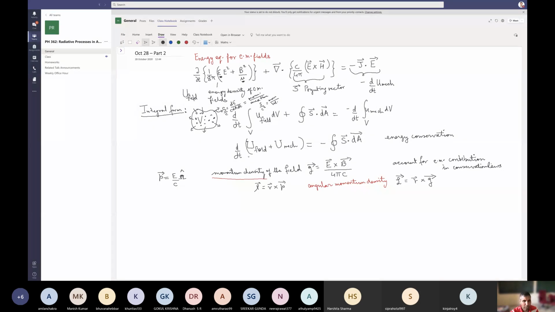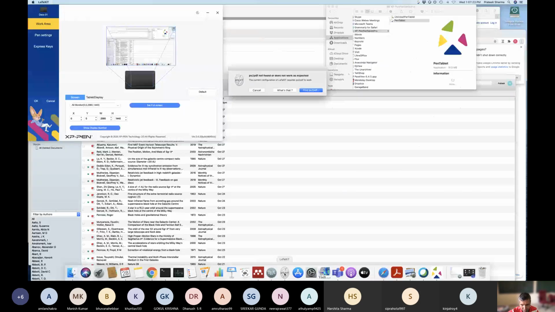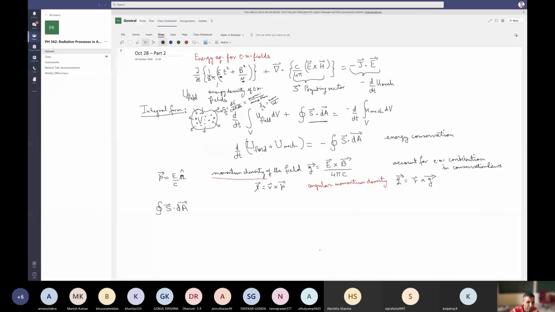Okay, so let's look at this a little more closely. S dot dA, this term, represents how energy crosses a volume. So let's say, in electrostatics and magnetostatics,